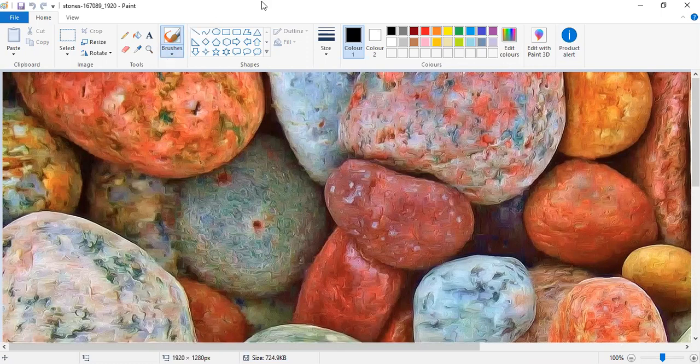Now there is a special tool in MS Paint which is called Color Picker. I hope you have already observed it, but probably you haven't noticed its powerful strength. This is the tool I'm talking about. I'm placing my cursor on this specific tool, and the name shows Color Picker. Let me show you what it does. You have to click on it.